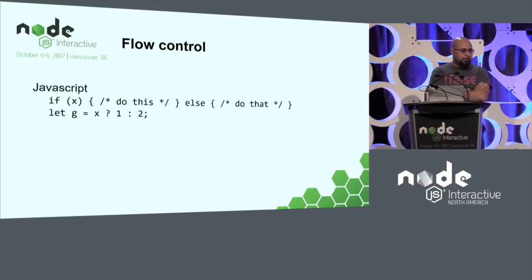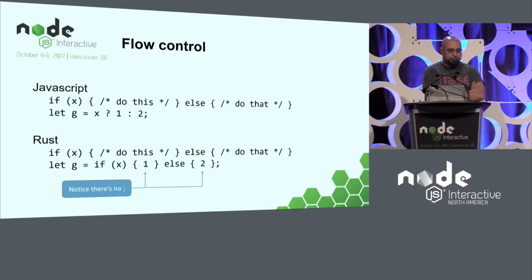So flow control. So JavaScript has an if statement, right? So we have if this, if X, do this, else do that. We also have a ternary, which lets us be a little more terse if we don't have a whole lot of stuff, because typing is the hard part of writing software, I guess. So in Rust, we still have the if,